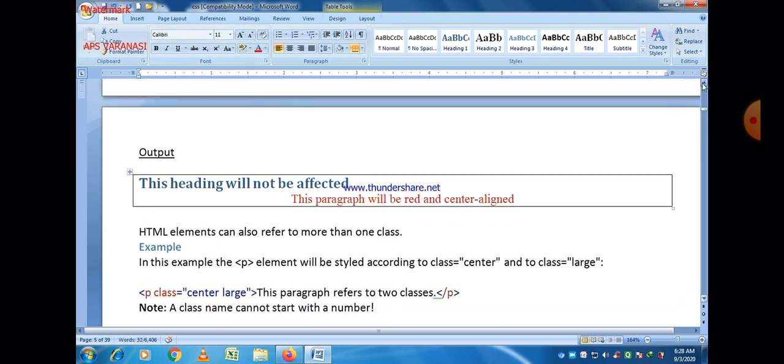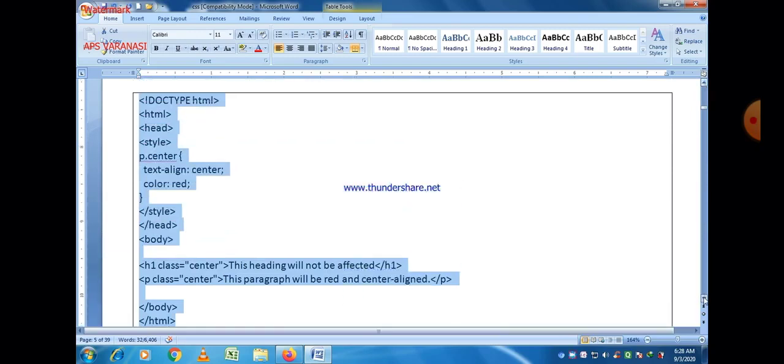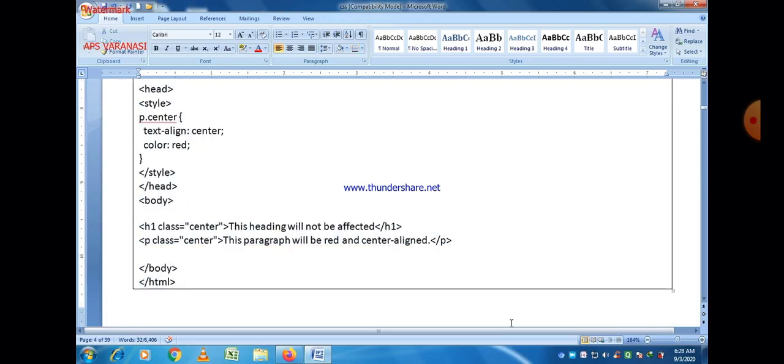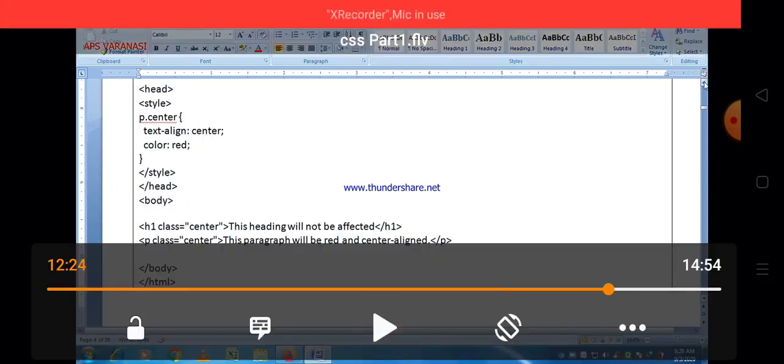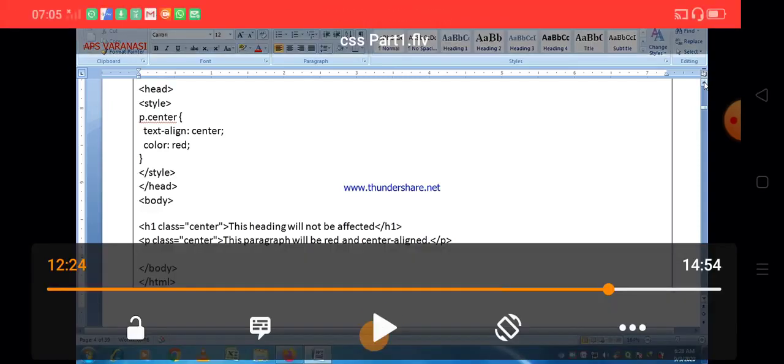Now this is the answer. This is the output after the execution of that program. You can easily see that there is a single class name, center, and two tags belong to it. These are h1 and p, both have the same class. So if we want to define a class, or declare a particular element as a part of the class, we use the class attribute. We just write first of all the name of the tag, that is h1 in this case, then class equal to, and then within double quotes the name of the class, that is center in this case.